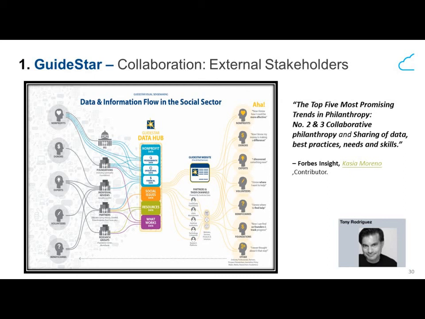With respect to more thoughts on collaboration, there was a recent article in Forbes Insights that talked about the top 5 trends. I think they interviewed quite a few organizations and thought leaders in the space, but among the top 5 trends emerging in modern philanthropy, number 2 and number 3 talked about collaboration. And it's basically,